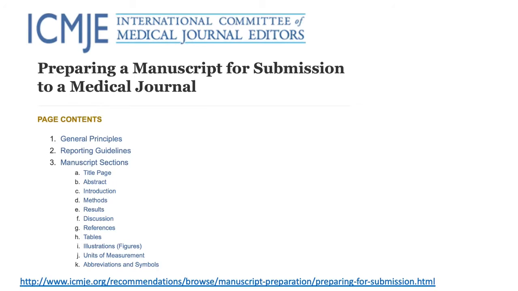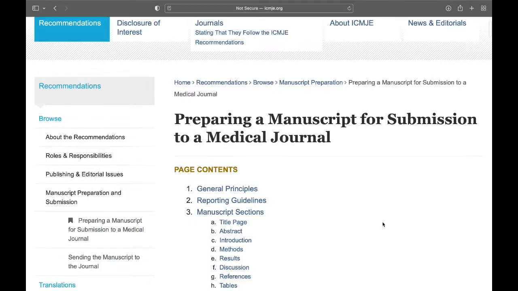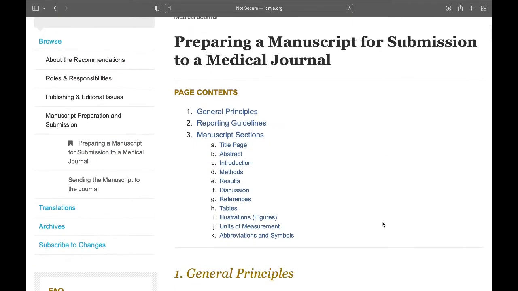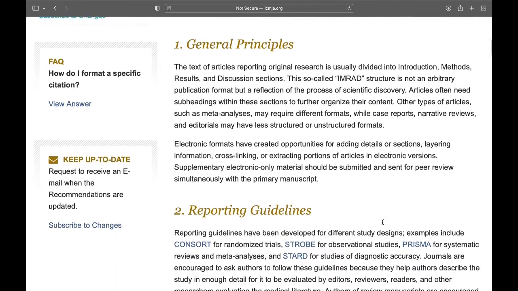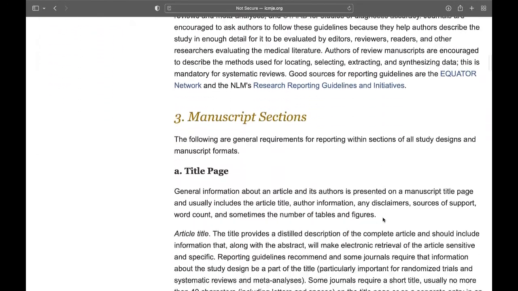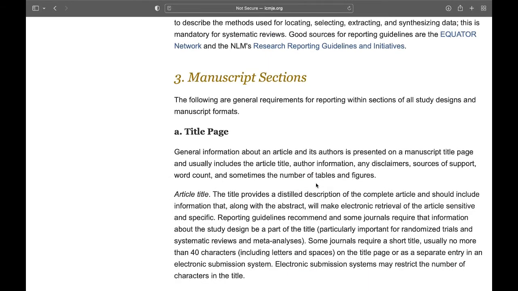Scientific journals play the most critical role in dissemination of scientific inquiries. Since thousands of journals exist now, there is something called the International Committee of Medical Journal Editors, which has laid down guidelines regarding submission of manuscripts. A link is provided on this slide to these guidelines, and you will note the key principles given on this website, like what should be there on the title page